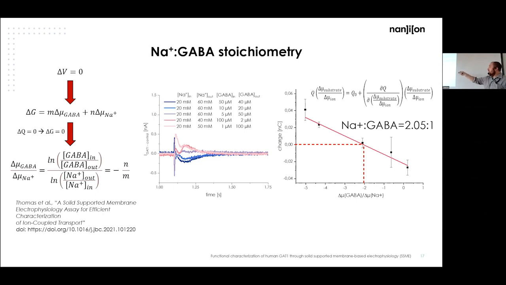And as you can see here, at 0 charge, we have a 2 ratio stoichiometry between sodium and GABA. So at least for what I am able to see, sodium and GABA has a stoichiometry of 2:1, as is the most accepted